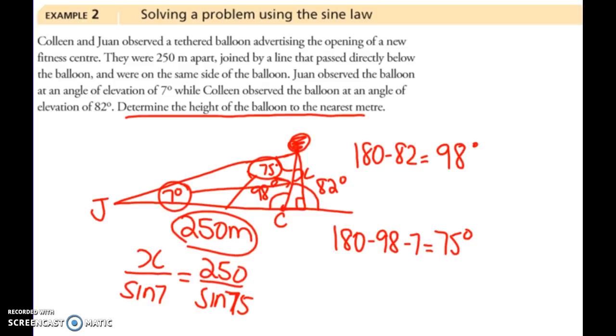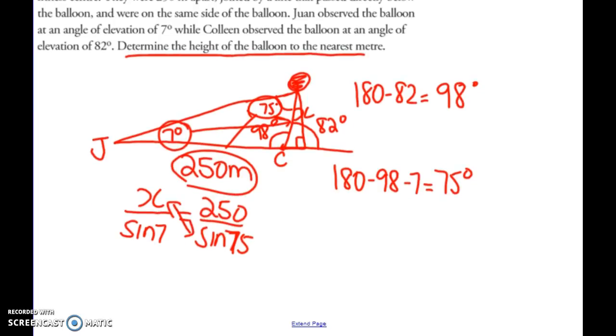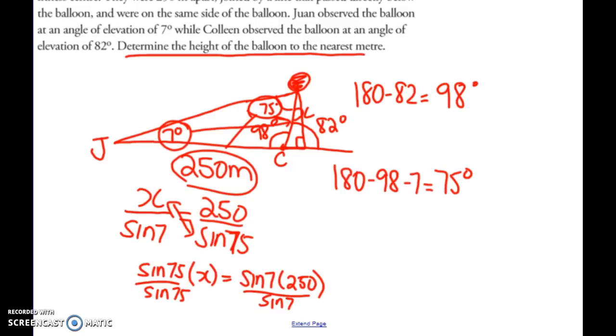So if we cross multiply, we have sine 75 times x and sine 7 times 250. We'll divide by sine 75 so that we have x by itself. So if you go sine 7 times 250 divided by sine 75, you will get